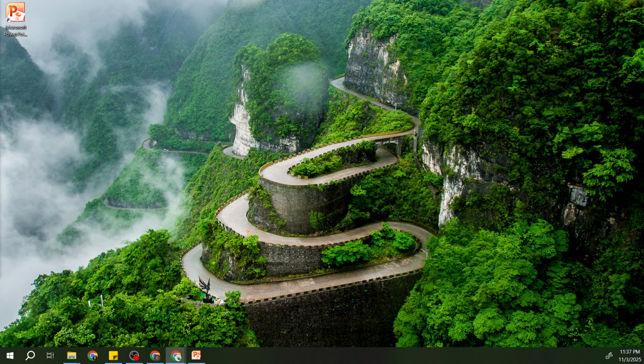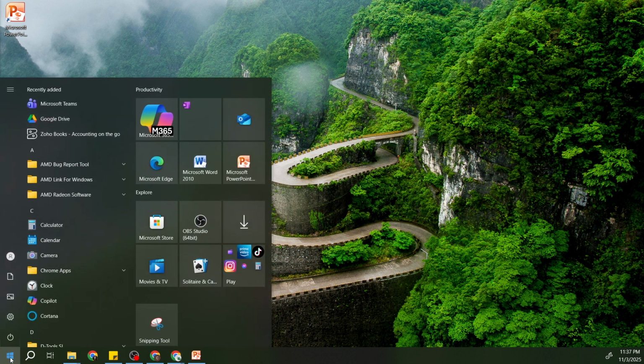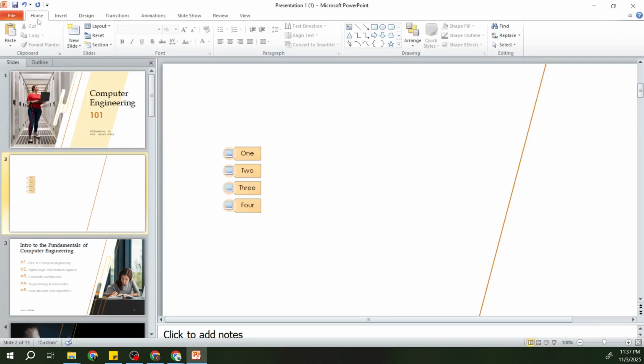First, head over to your Windows icon located at the bottom left corner of your screen, and from there, launch Microsoft PowerPoint. Once PowerPoint is open, you're faced with a couple of options. You can either open an existing presentation or start fresh by creating a new one. Whichever you choose, you can go ahead and add your essential content like photos, tables, and other elements needed for your presentation. Though this step isn't directly tied to setting your save location, having a presentation ready helps demonstrate the